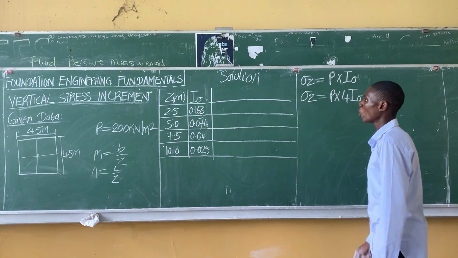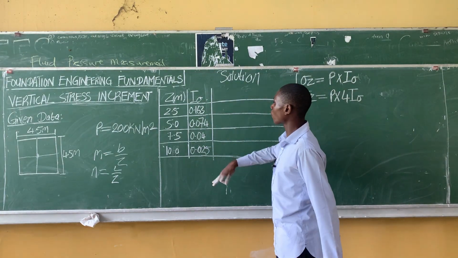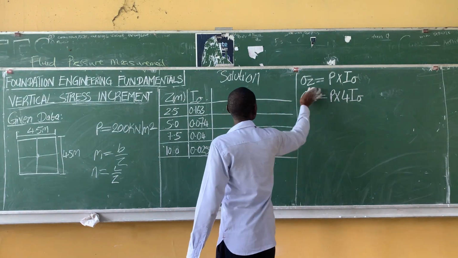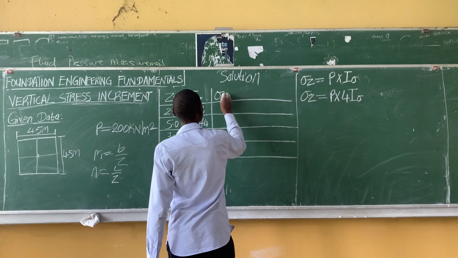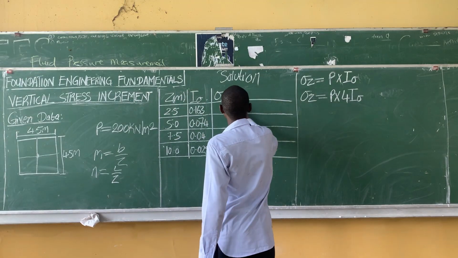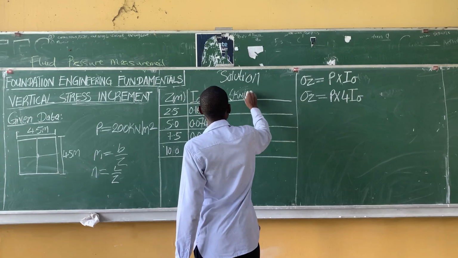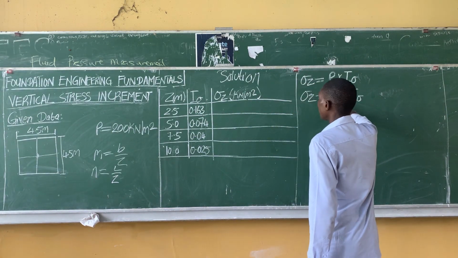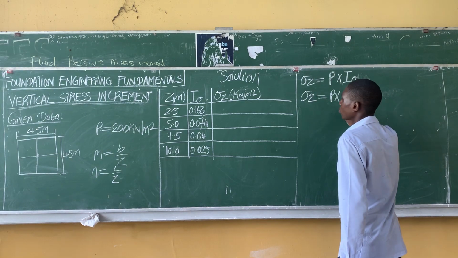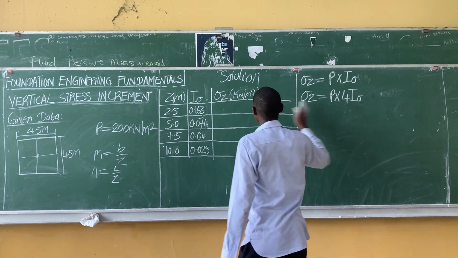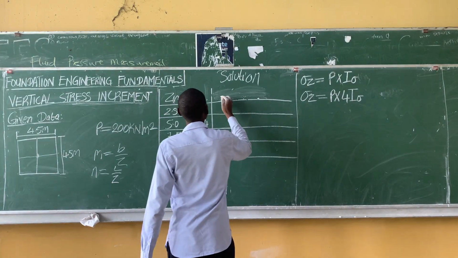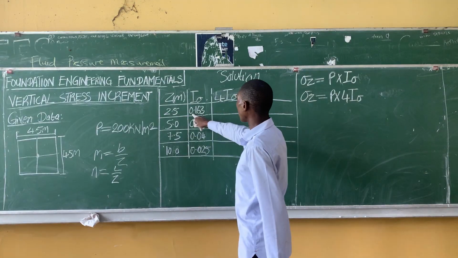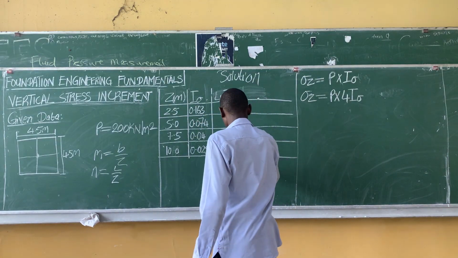From this point, we are given our influence factor and we have our respective depths. So to determine our vertical stress at different depths, in kilonewton per meter square, it is simply the load times 4 times the influence factor. So let's get 4 times our influence factor first. Let's call this column 4 times influence factor. So 4 times 0.163 will give us